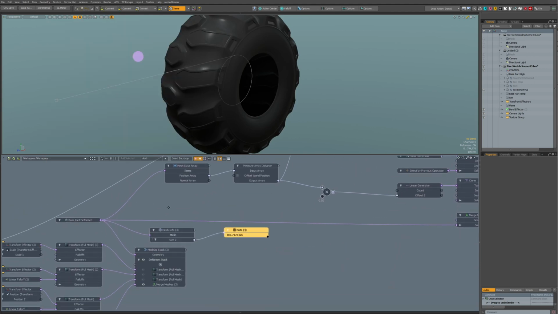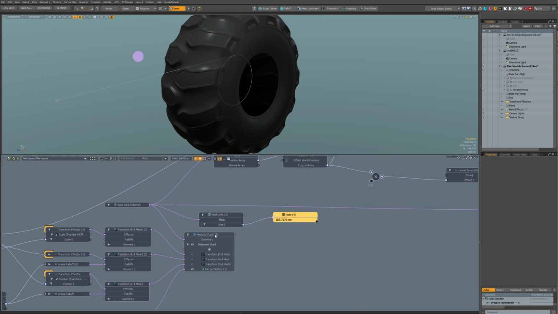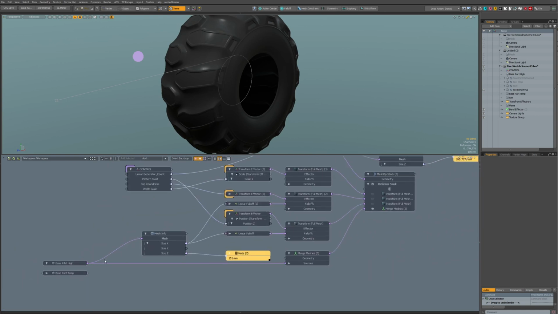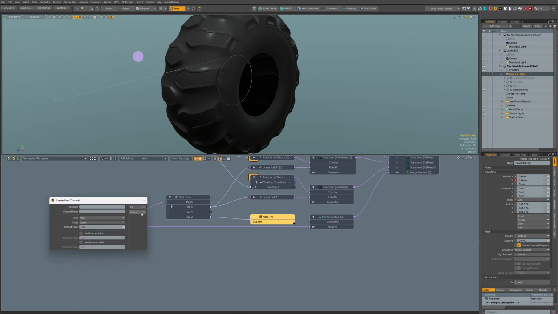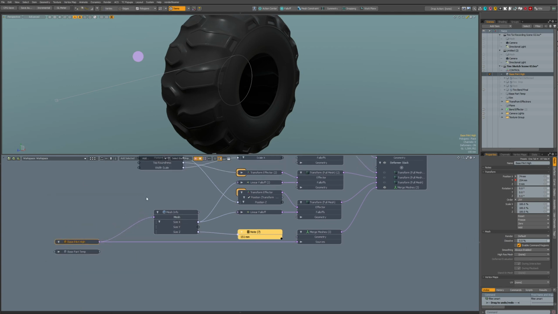For example, I have this middle mouse click for adding channels and shift middle mouse for creating user channels.